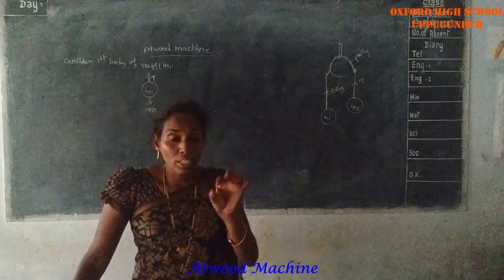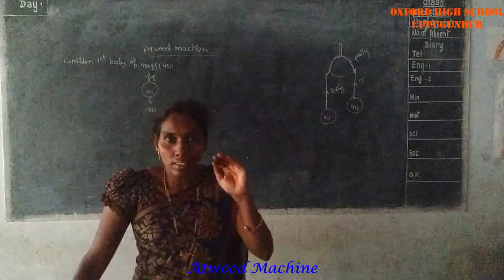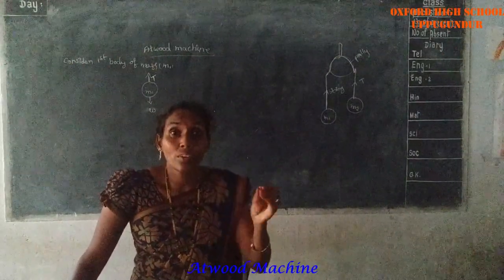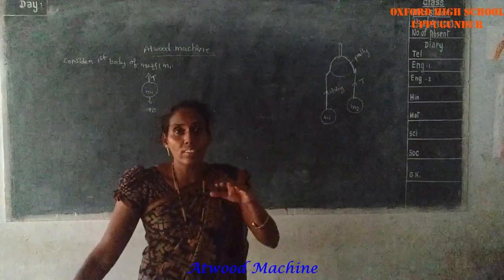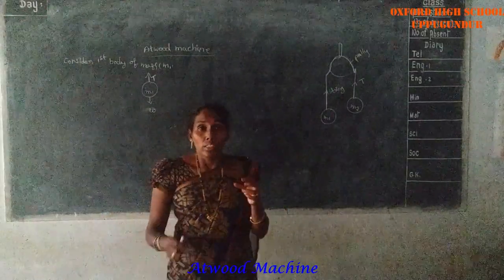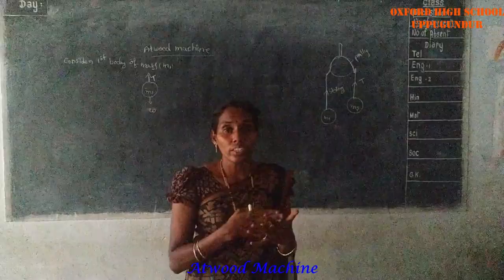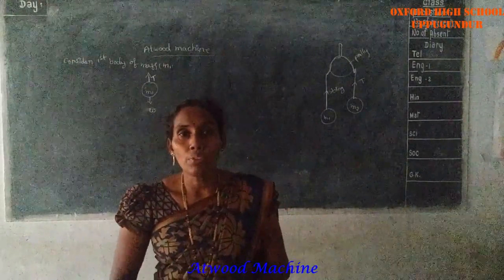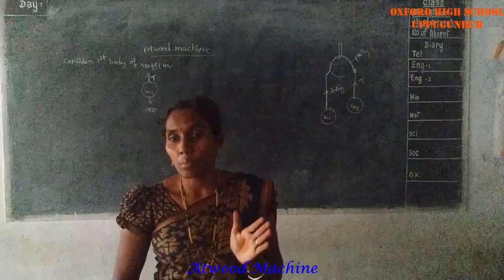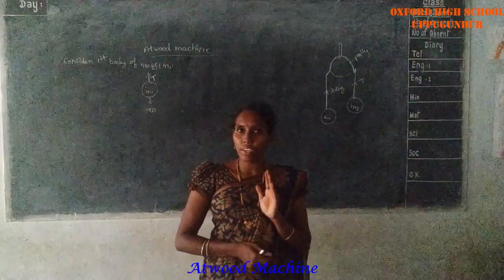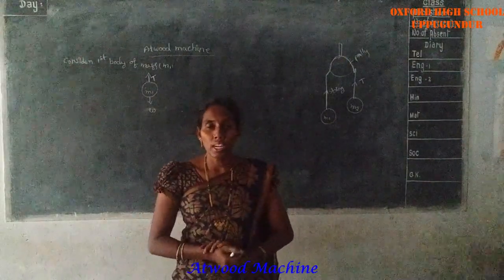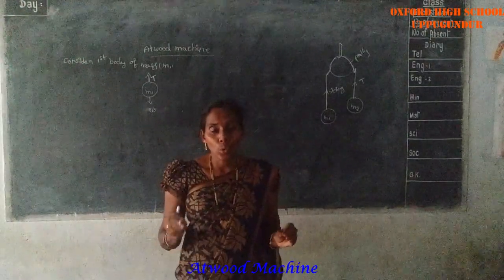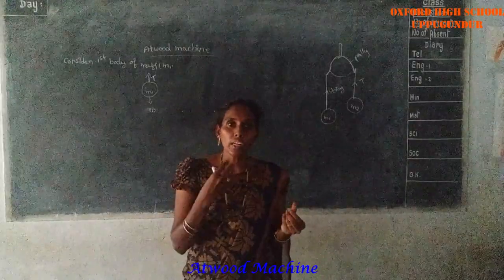Tension is produced only in a string or rope. Normal force is the force exerted by a solid surface. The force exerted by a solid surface is called the normal force, and normal force always acts perpendicular to the plane surface or any surface. Only a solid surface exerts a normal force. A rope or a string produces the tension.